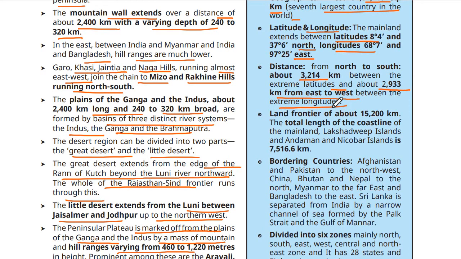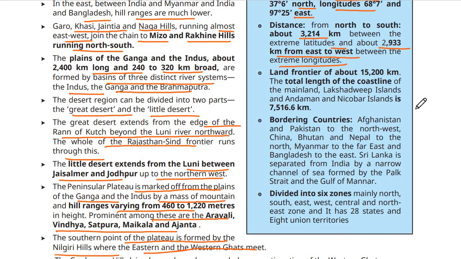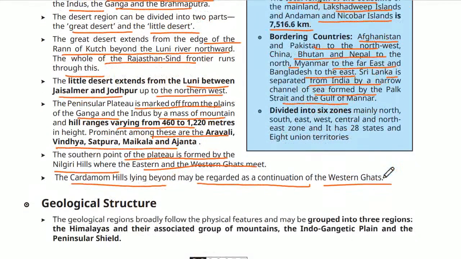between the extreme longitudes. Land frontier about 15,200 km. The total length of the coastline of Indian mainland, Lakshadweep Islands, Andaman and Nicobar Islands is 7,516.6 km. Bordering countries: Afghanistan and Pakistan to the northwest, China, Bhutan, Nepal to the north, Myanmar to the far east, and Bangladesh to the east. Sri Lanka is separated from India by a narrow channel of sea formed by Palk Strait and the Gulf of Mannar. Divided into 6 zones, mainly north, south, east, west, central, northeast zone, and it has 28 states and 8